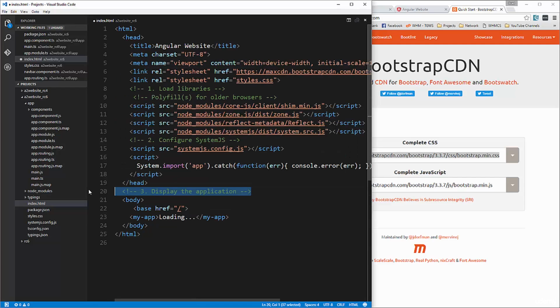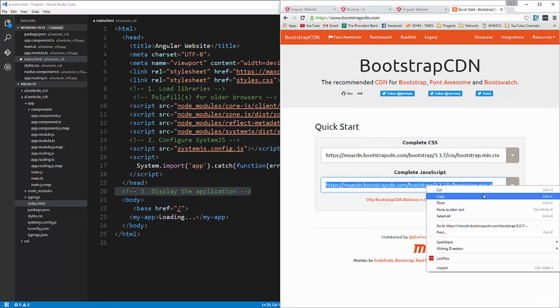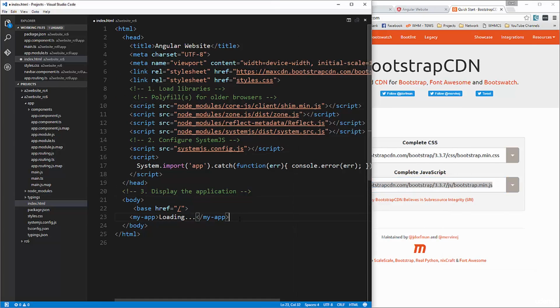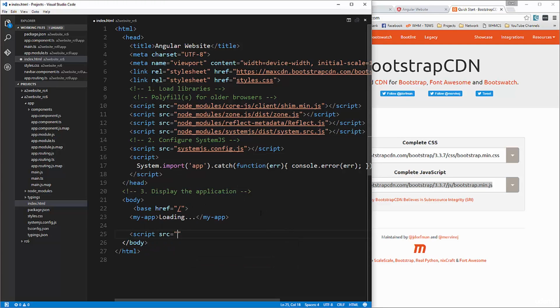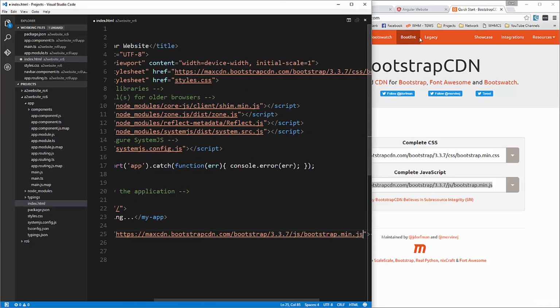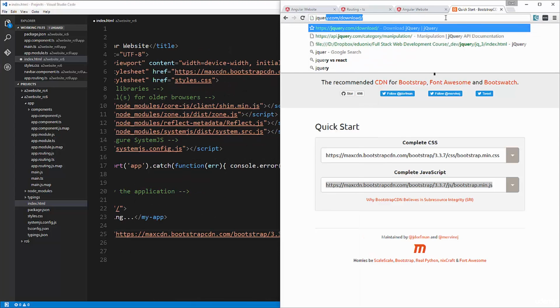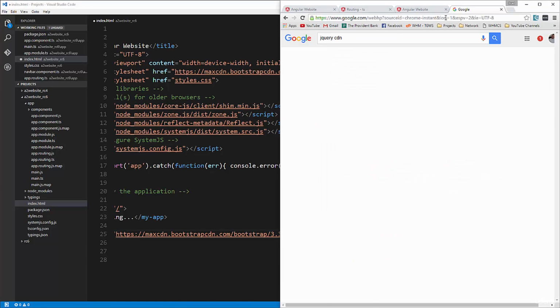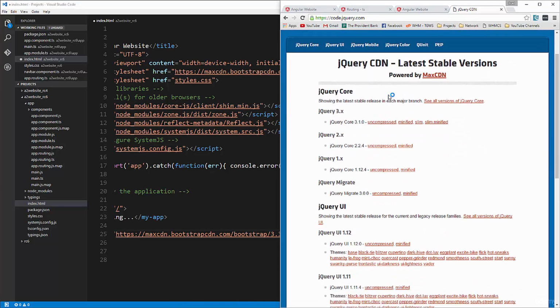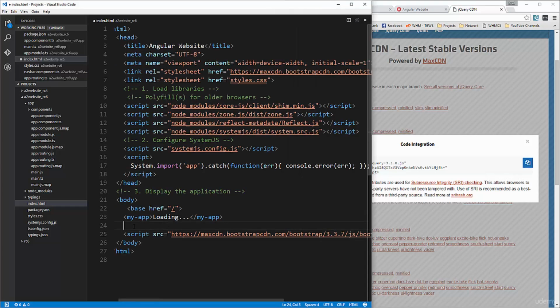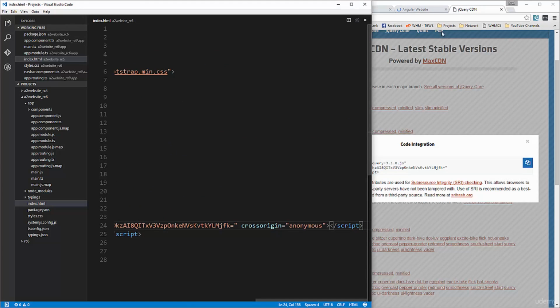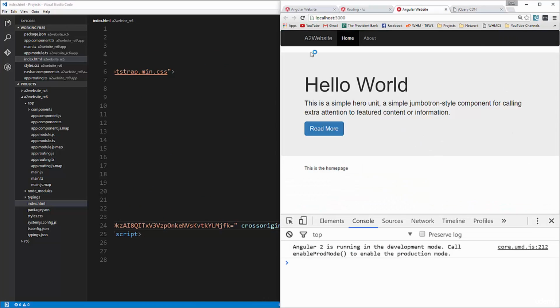We're also going to need the JavaScript file, so we'll grab that. Okay, paste that in. And in order for that to work, we need jQuery as well. Okay, just grab this. Let's copy that and paste that right above the Bootstrap.js. And if we look at our site now,